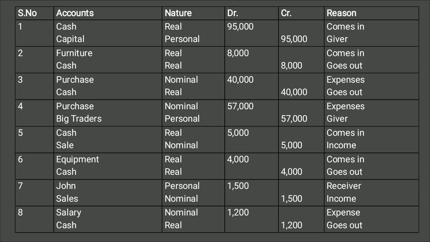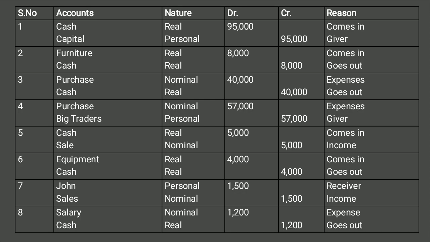So you have to do the same thing. First you have to note down your transactions, and on the basis of transactions you have to identify the number of accounts which are going to be affected in any transaction. Maybe 2 accounts, 3 accounts, or maybe 4 or 5 accounts may be affected. Then after knowing the names of the accounts, we have to find out the natures of all the accounts. Just like in the first transaction we have cash and capital, that's why we have written cash and capital. And then in front of that we have to write the nature of the accounts, just like real account, personal account, nominal account. In the nominal you can do one thing. In the nominal you can write in brackets whether it is income or expenses, so things will be more clear.